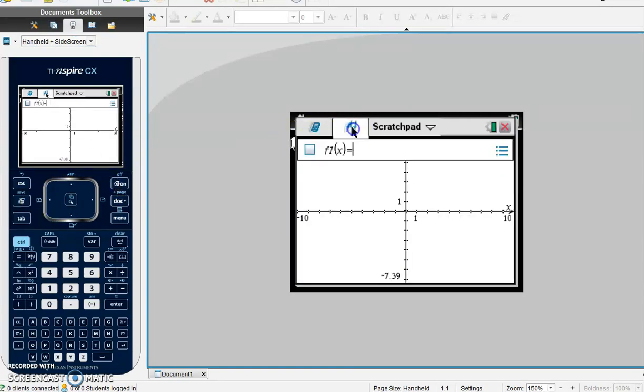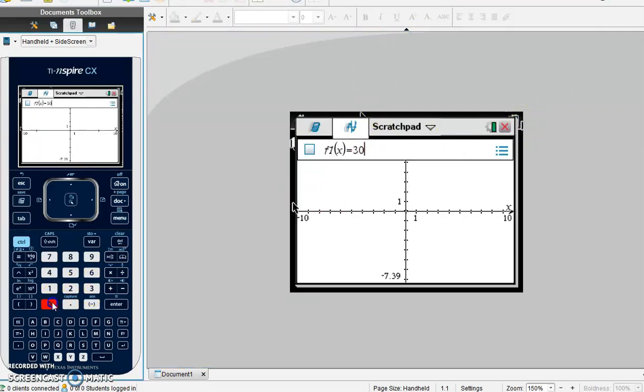So I'm going to go to my graphing screen and I'm going to graph the very first function, which is 300 times, and I use my parentheses,